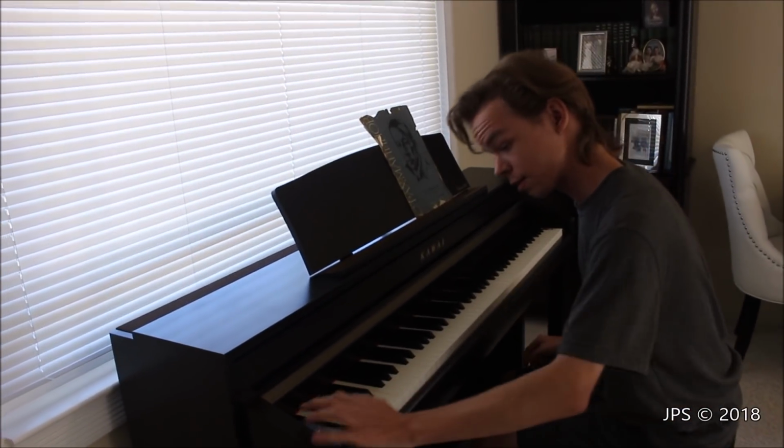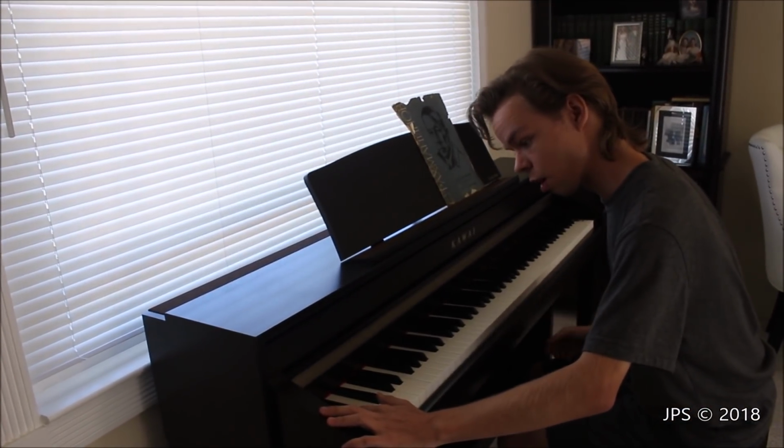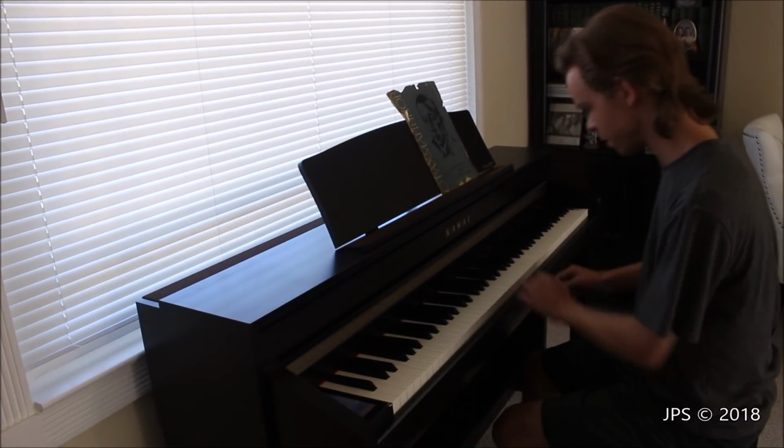Which I think is actually one of the best clavy sounds for that song that I've actually seen in a keyboard. We have a marimba sound,